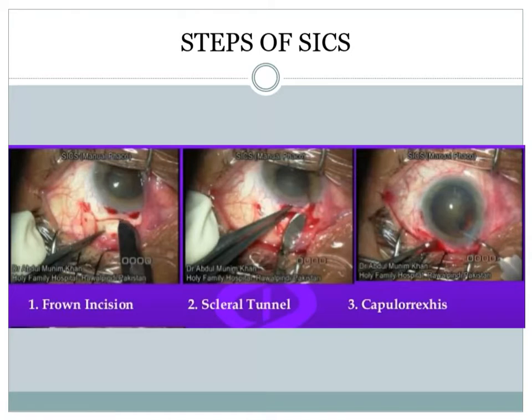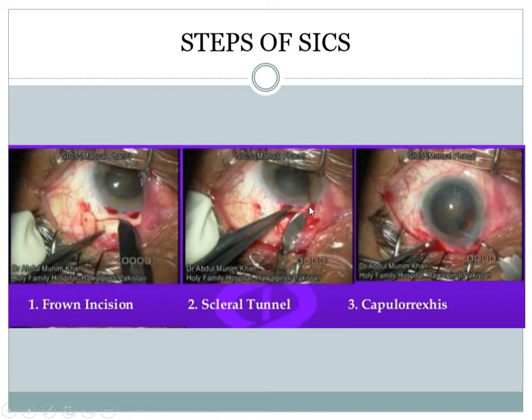So, and then you take this instrument called the crescent plate. This is the crescent plate, and then you make the tunnel. So once you make the tunnel, the tunnel is called the sclerocorneal tunnel because you are making a tube or a tunnel within the depths of the sclera, and you are going up to 1 millimeter beyond the limbus into the corneal stromal layers, and then creating the tunnel.